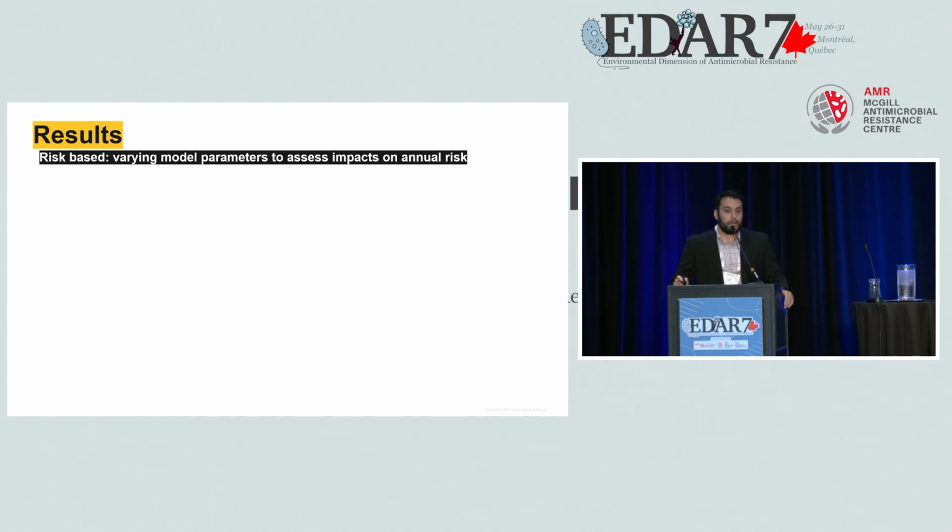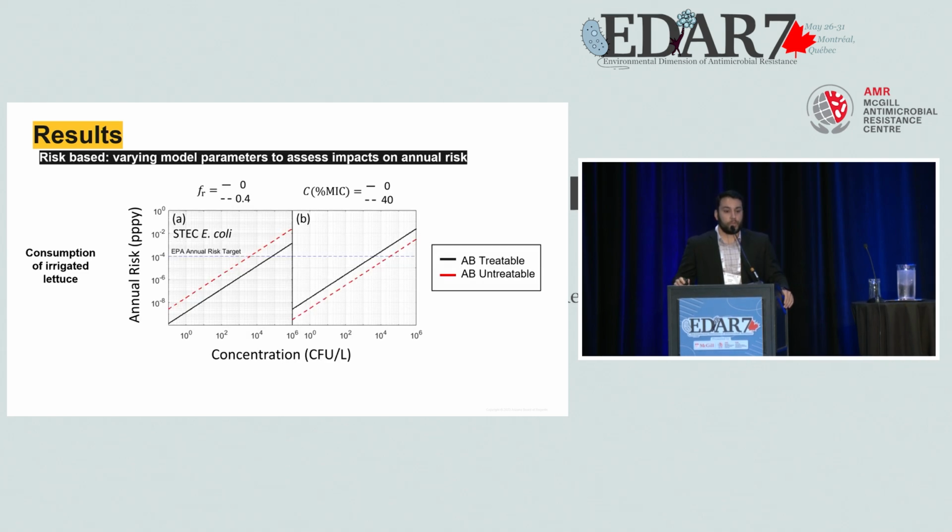So like I said, I wanted to take this model and apply it to a QMRA approach with data that we're used to in the microbial risk assessment world, especially when we're looking at a possible pathway, which is consumption of irrigated lettuce. So I'm going ahead and just showing you the results of this simulation where I took that model and I took an exposure model that I developed for this consumption of irrigated lettuce, and then I sort of just played around with all of the other parameters. So on the left side, I'm varying the concentration of the E.